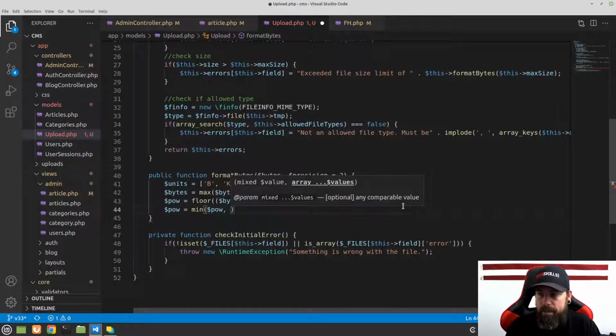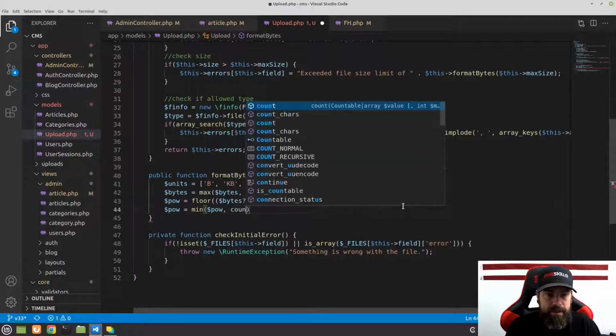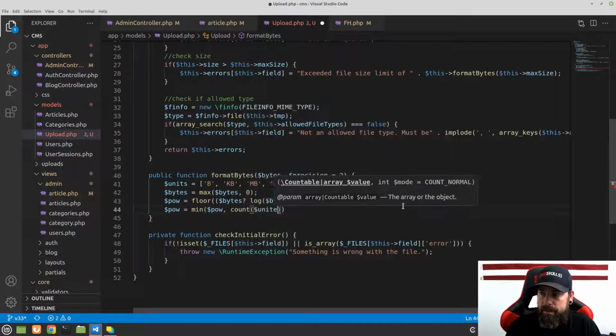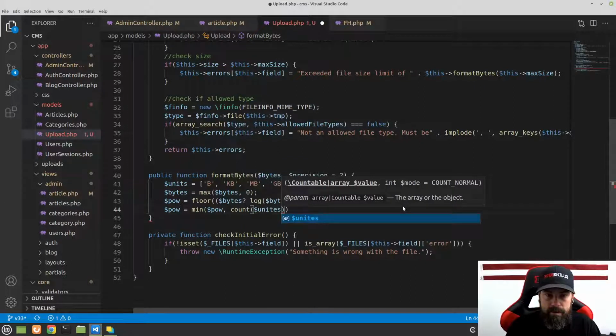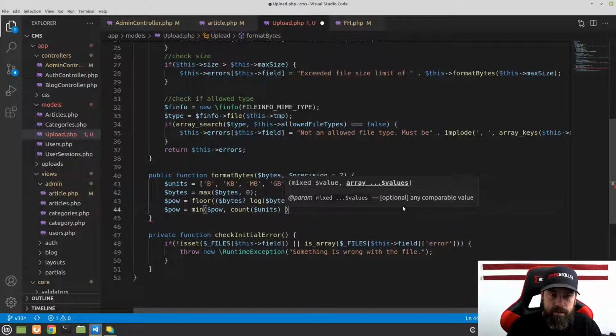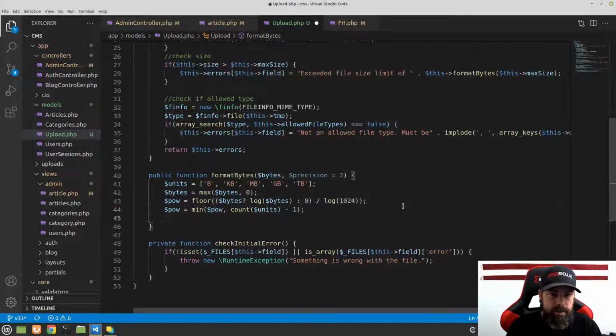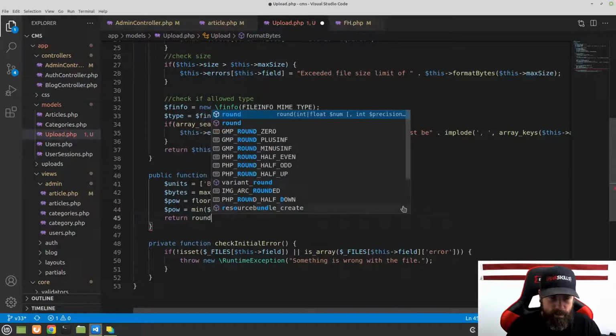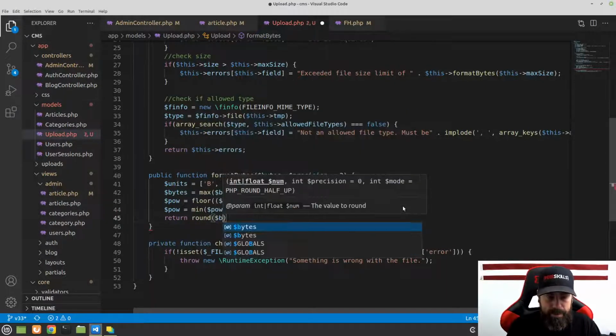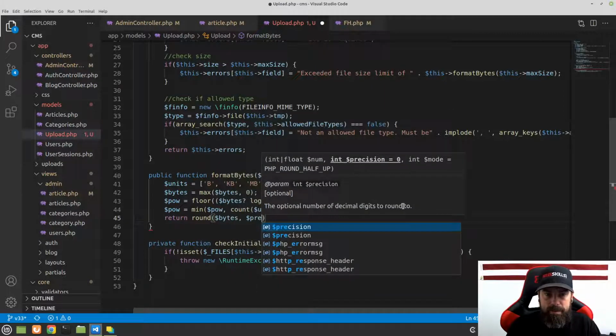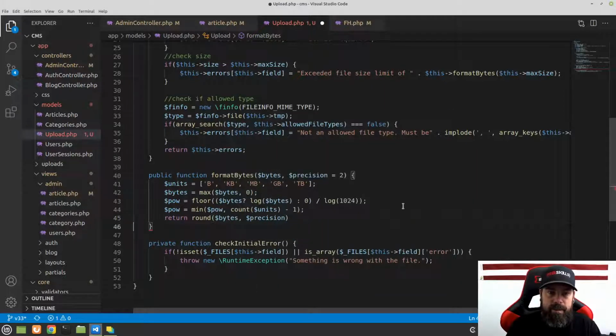And then we're going to take the minimum of the power and then the count of units minus 1. All right. Then what we're going to do is return, we're going to round bytes, and we're going to pass the precision, which will just be 2. And then we're going to add a blank space as a character there, and then we'll pass in units